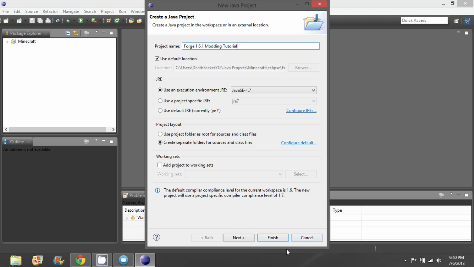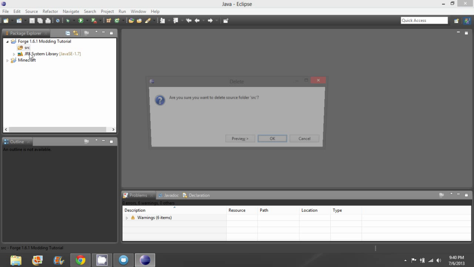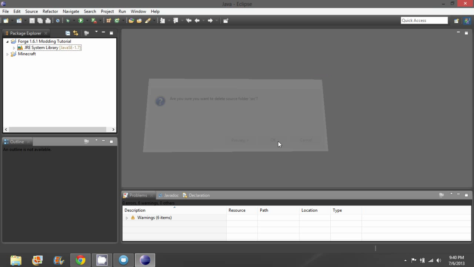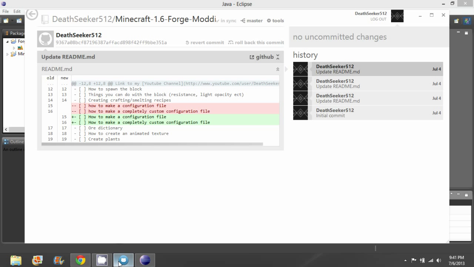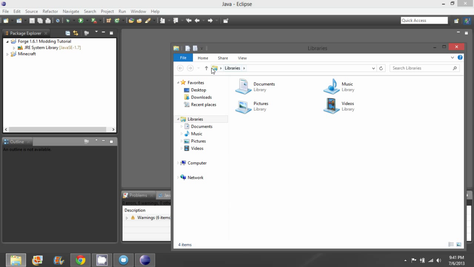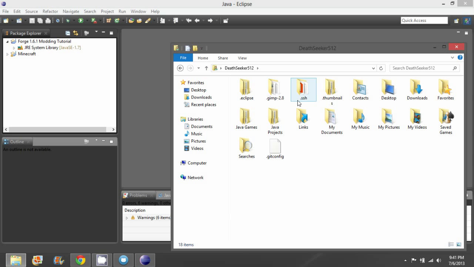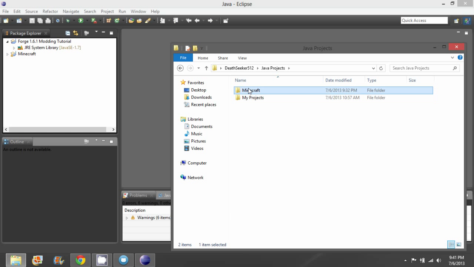Then I will hit finish. And now it's got the source folder. I'm just going to delete that. And okay, now that I think about it, I am going to have to go into the GitHub place, because we created a link, Java projects, Minecraft, use the link.